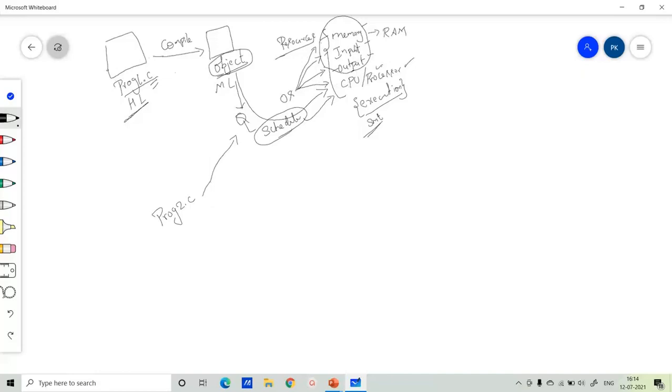When program 1.c is using these resources, the other program cannot use them, because they are already occupied. Only once this execution completes can the other process or program use these resources. That is the main intention of synchronization.